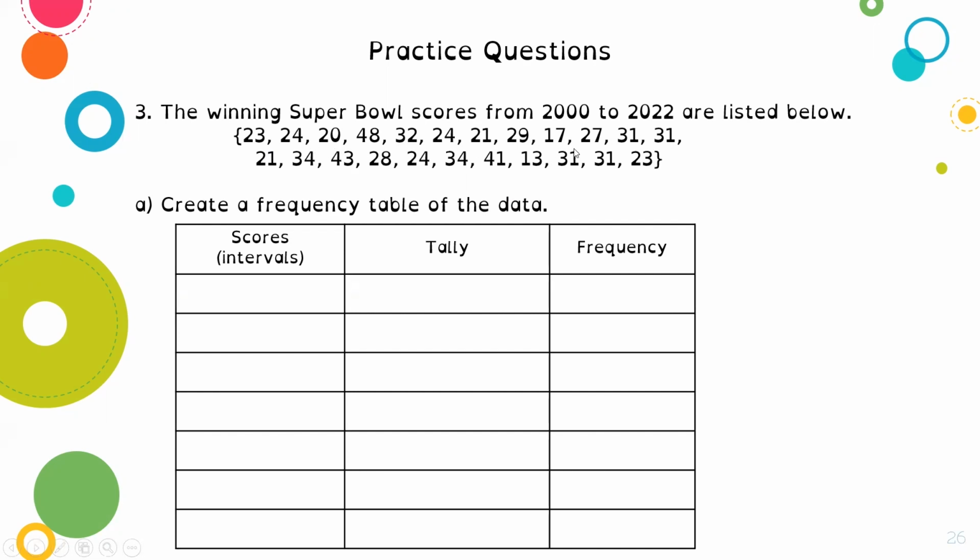It looks like 17 is maybe my lowest. Yep, so 17 is my lowest. And then it looks like I have a 48. 48 looks like it's my highest. So I'm going to track my information, I'm going to make intervals. I'm going to start with 0, even though I don't have a score of 0. So my first one is going to be 0 to